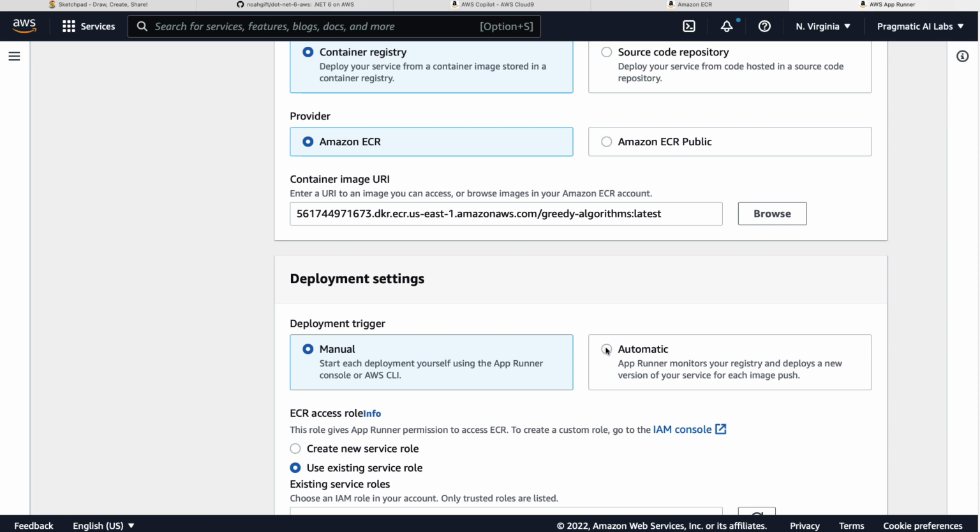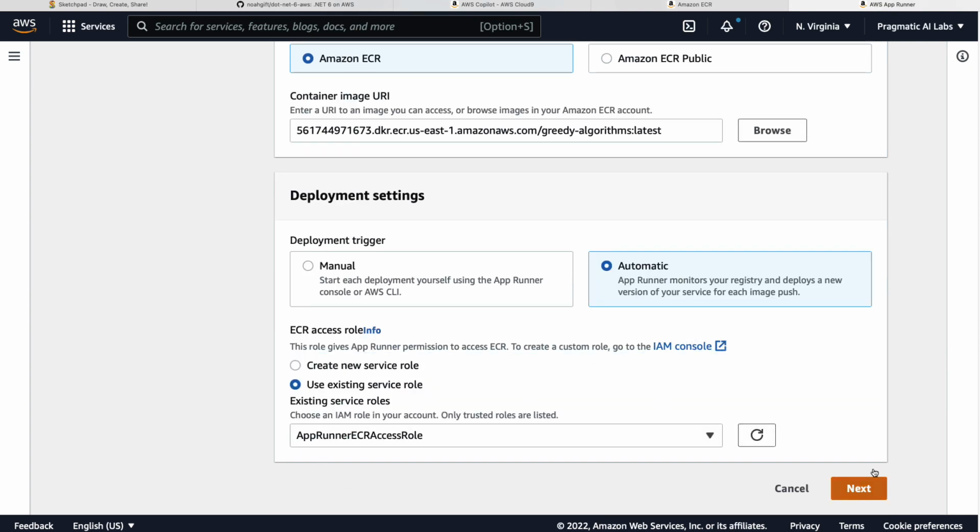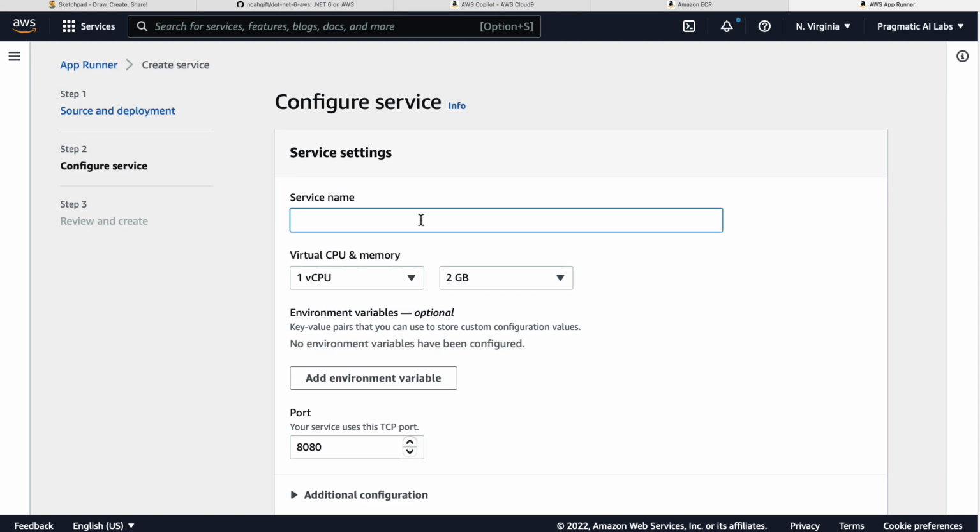And I could even do automatic now, because every time I push a new container, it would deploy the new changes. So if I change my algorithm or change my machine learning model, whatever, all I need to do is push it to the container registry, and the rest will deploy automatically, right? Which is pretty amazing. And then I would just select, use some role, go next here, and we'll call this greedy algorithms,